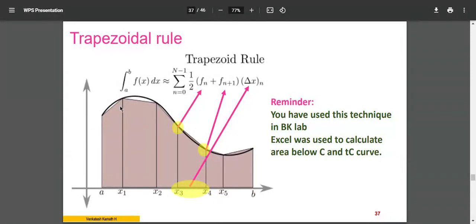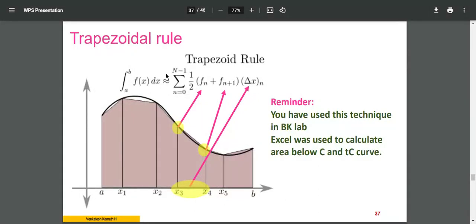Now I'll put this in a graphical format. I'll put the x-axis and y-axis. On the x-axis I'll mark a and b, the starting part and ending part, the limits for x. This is the starting part, this is the end part, a to b. Within that boundary, how does f of x vary with respect to x? f of x is nothing but y, right? The y-axis value. How the value of f of x varies with respect to x is plotted using this curve. The black curve you see is f of x.